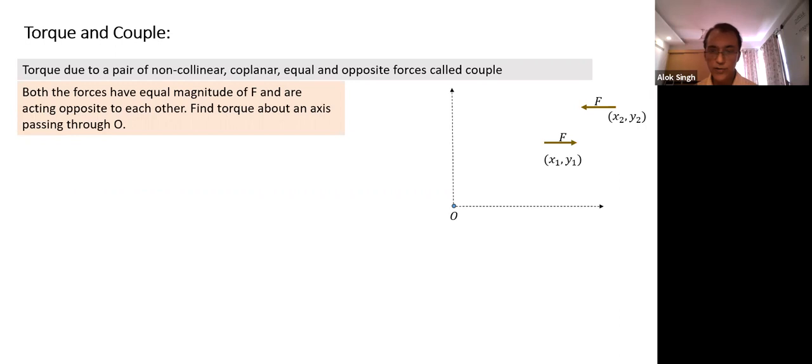I'll give a couple of minutes. See how many of you can calculate the torque about point O. The answer will come in terms of F and X1, Y1 kind of thing. What is the torque of these two forces put together? Resultant torque about point O. And here I'm just using plus and minus signs, that is enough. Plus sign indicates it is out of the plane of the drawing. Negative sign indicates into the plane of the drawing. So can we calculate torque here? As soon as you finish, those who are clear, please raise your hand.